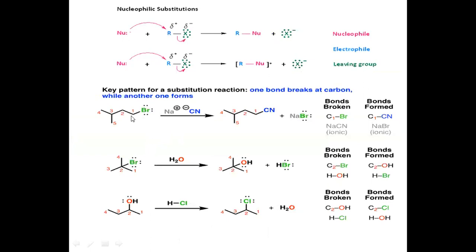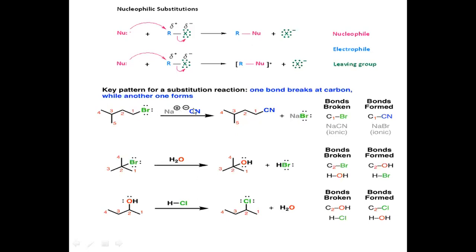Now you can see here, all these are carbon to carbon bonds, but here we have a carbon to bromine bond. So this is a polar covalent bond, and the remaining bonds, that is 1-2, 2-3, 3-4, or 4-5, which are between carbon atoms, are non-polar covalent bonds. Whenever there is polarity in the bond, you'll find that there is a separation of charge. The one which is more electronegative will have a partial negative charge, and carbon generally will have a partial positive charge. So this is a polar covalent bond, and there is an electron deficient center at carbon number 1.